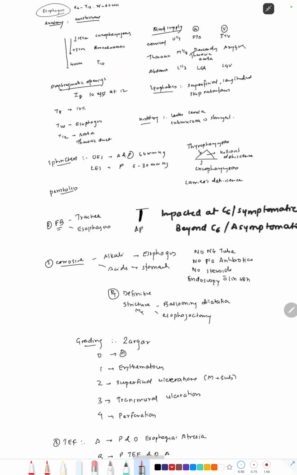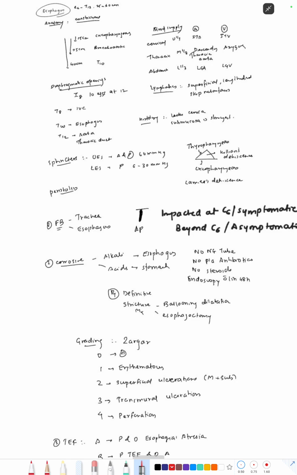So what are the different diaphragmatic openings? It is given by the mnemonic I8, E10, A12. So at the level of T8, there is a diaphragmatic opening for the inferior vena cava. And at T10 level, it is for the esophagus, and at T12 level, there is an opening for the aorta and the thoracic